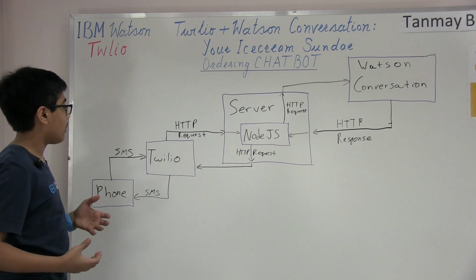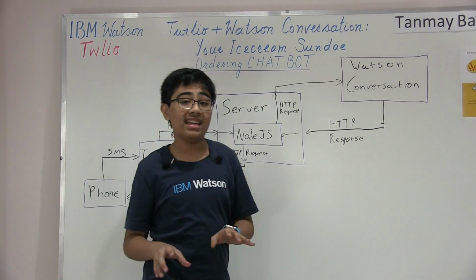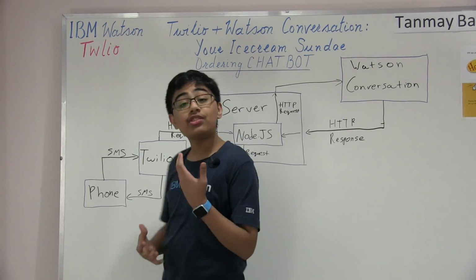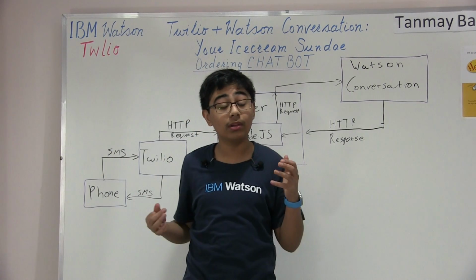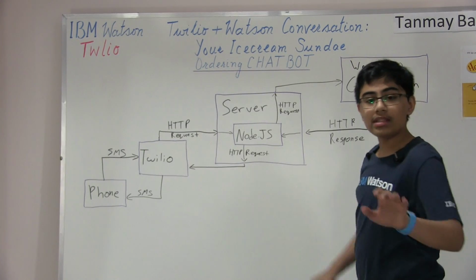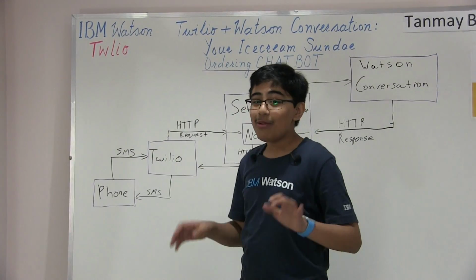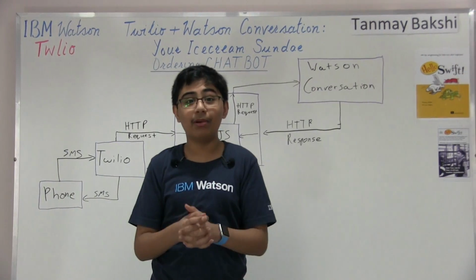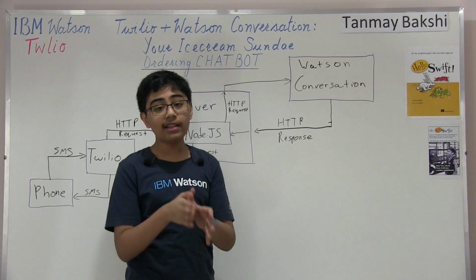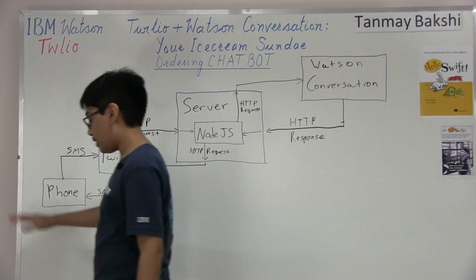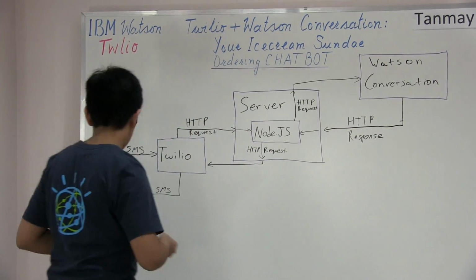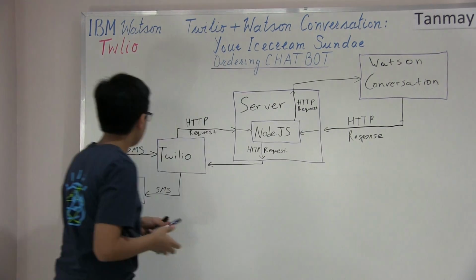And so basically the point here is that the server needs to have some way of differentiating between different input blocks. And by this I mean basically, let's just say you've got two phones or two separate users around the world that are accessing the same Twilio client in order to access this entire pipeline. What's going to happen is, let's just say they're both ordering sundaes. We don't want their orders to get mixed up. We don't want them to get merged. And so we need to have some way to tell Watson Conversation that the context variables between this phone and, let's just say, another phone that, if we were to draw here, is completely different. So if I were to have, let's say, another phone over here, maybe,